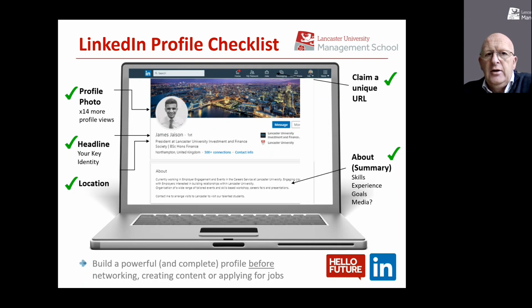I think those of us that use LinkedIn a lot, there's nothing more frustrating than somebody sending you a request for a connection on LinkedIn. And if you don't recognize the name, I'd always go and check them out before I'd say yes. And you go and check, and they've just got nothing there. They've just got not even a picture. They just say they're a student at Lancaster University, and that's it. Most of those cases, I wouldn't accept the invitation to connect from those people.